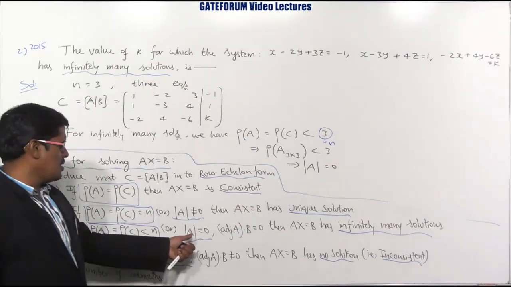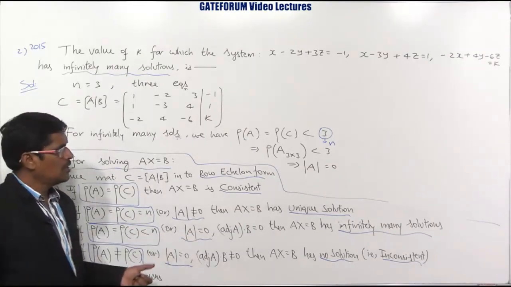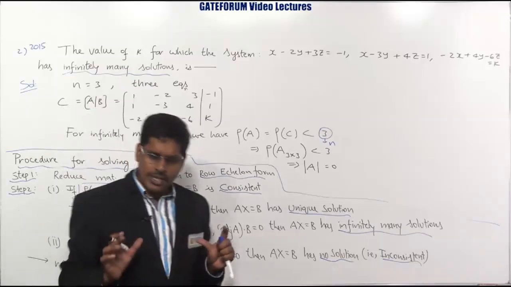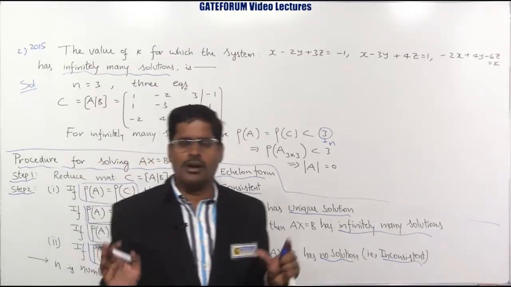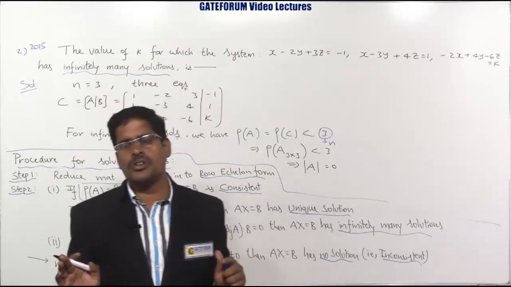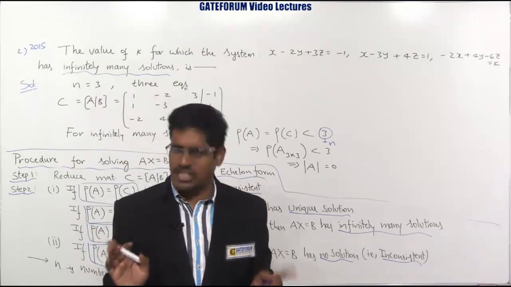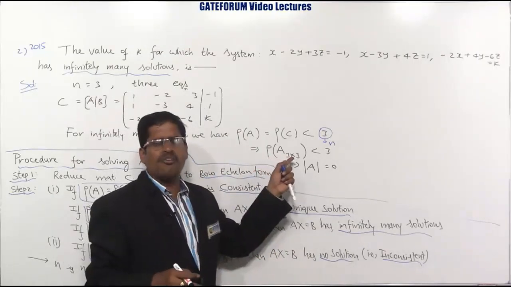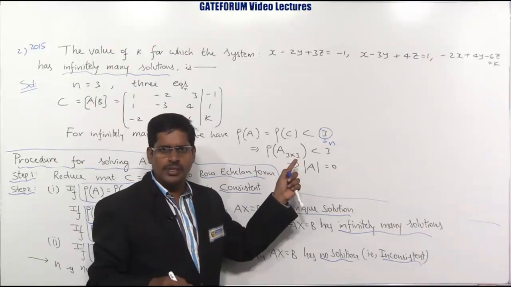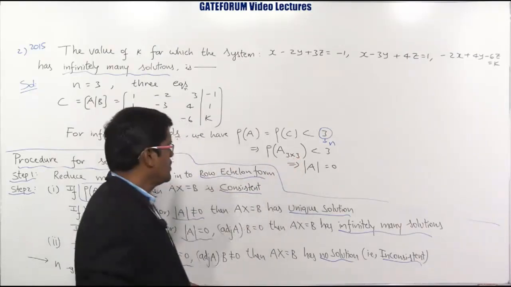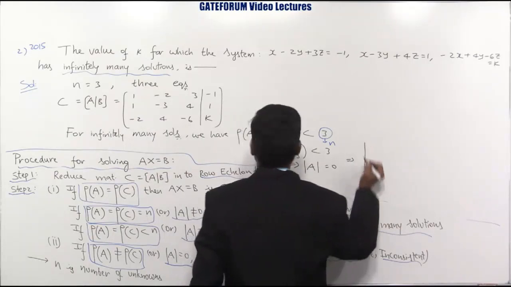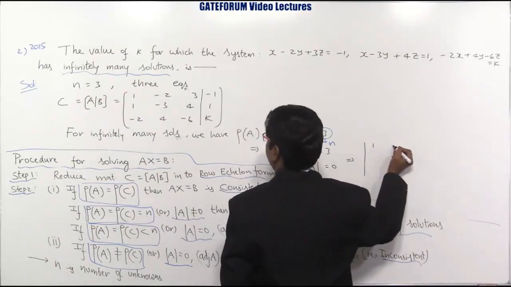Or you can take it directly, I provided here that |A| = 0 also, using the rank method. So generally when they are providing infinitely many solutions, immediately you take the condition that |A| is equal to 0, which is obtained by the fourth property of the rank definition. Understood or not? Okay. Now, so what is that? That means